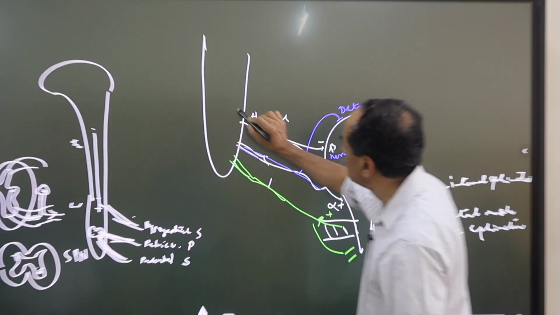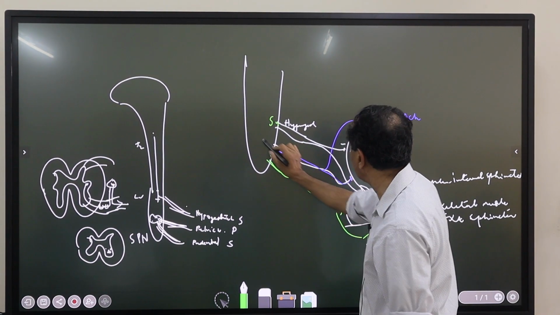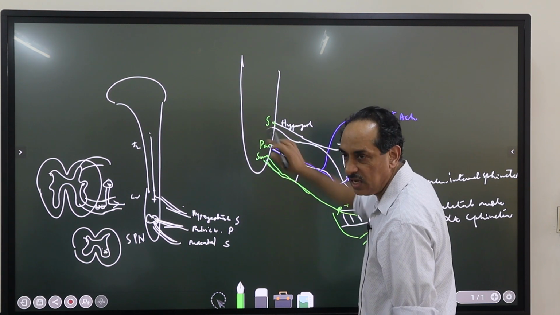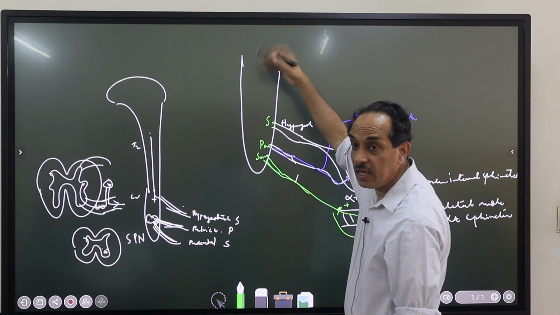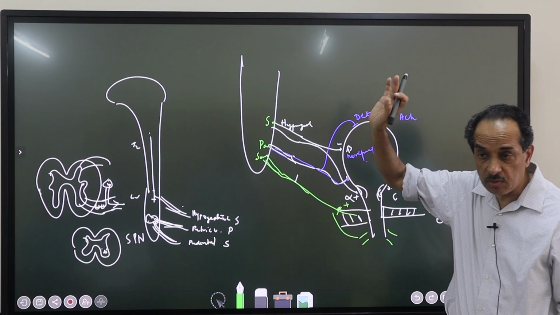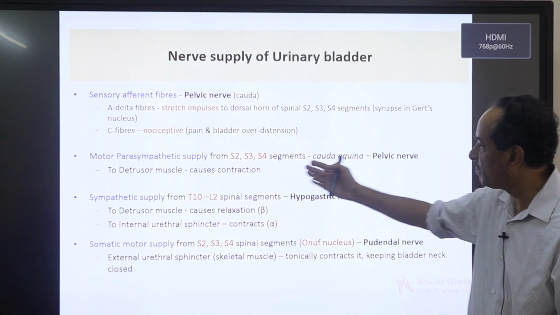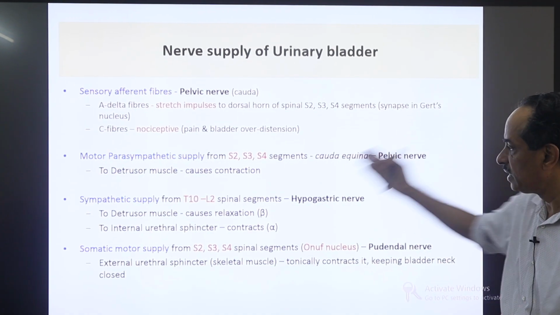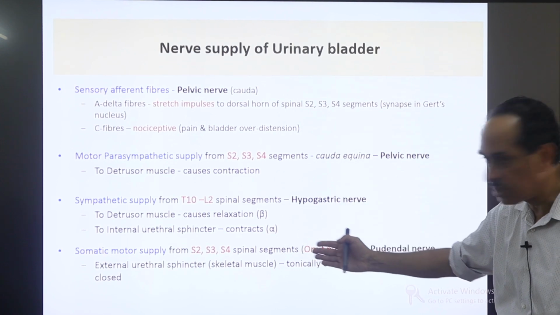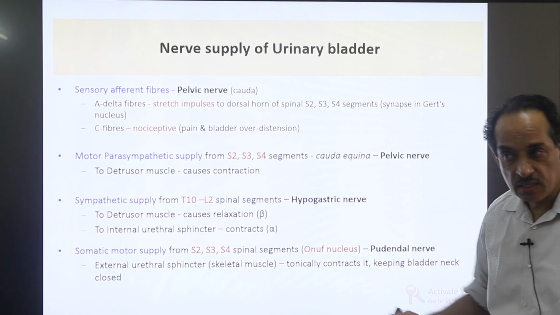So here you find the sympathetic nuclei. Here you have the parasympathetic cells. Here you have the somatic cells. And these are all going to be controlled from the higher centers. Now the brain has known that action has to be taken. Sensory fibers go to the pelvic nerve, motor parasympathetic supply is S2, 3, 4 segments, sympathetic supply is T12 L1, and the somatic supply is S2, 3, 4. So you can see the entire brain from one end to the other is involved in the process